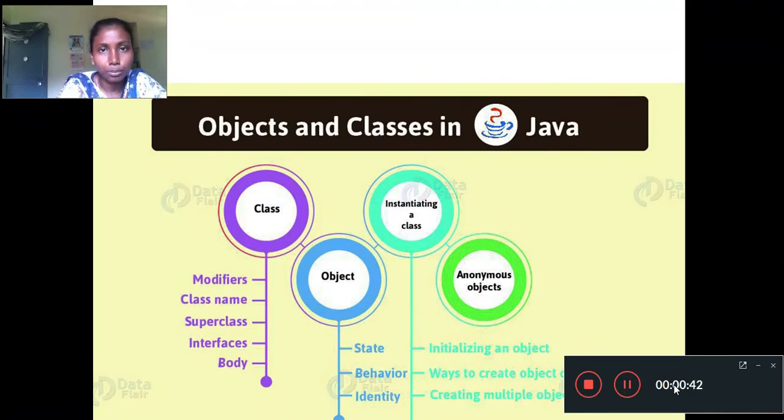Suppose it's a flower, so Flower and then parentheses. So here you don't give any reference. Whenever an object has no reference, it is known as an anonymous object.